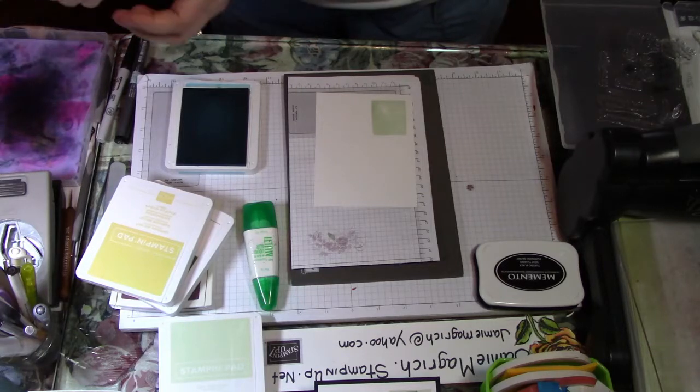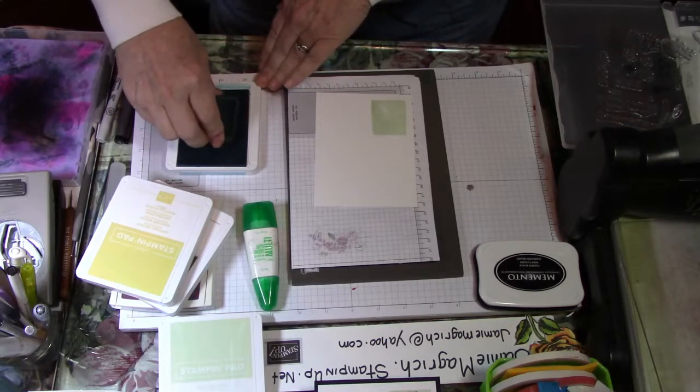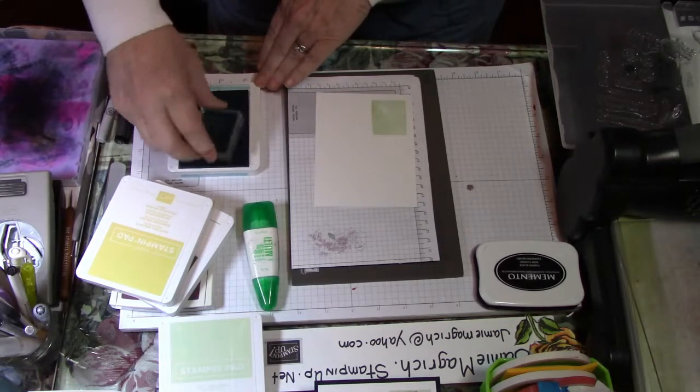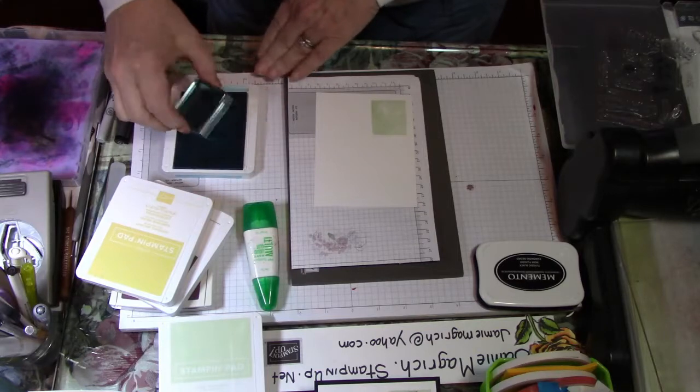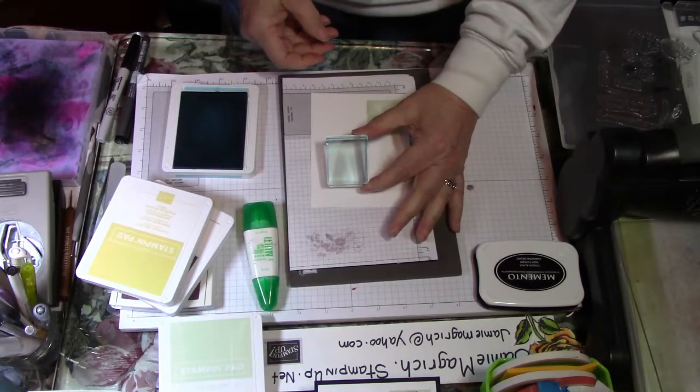Make sure my stamp block is clean and dried off. Ink it up. Make sure it's inked up well. Again, can you see how much ink is on there? I don't know if you can or not, but